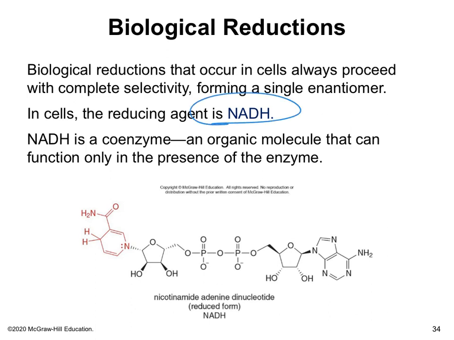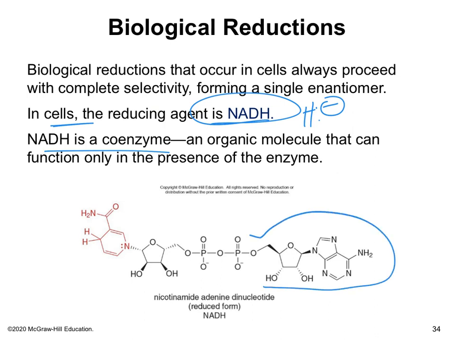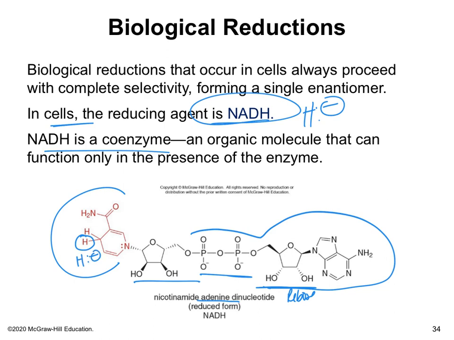Biological reductions, NADH is a hydride deliverer. So if you've seen NADH in the cells, it's a coenzyme. And if you look at this, you'll see that this is adenine. So think of it like your ATP with the ribose sugar. This is adenine nucleotide with a diphosphate and another sugar, but this is the nicotinamide, and it's this hydrogen that is delivering. So when this hydride leaves, look at this, when this hydride leaves,